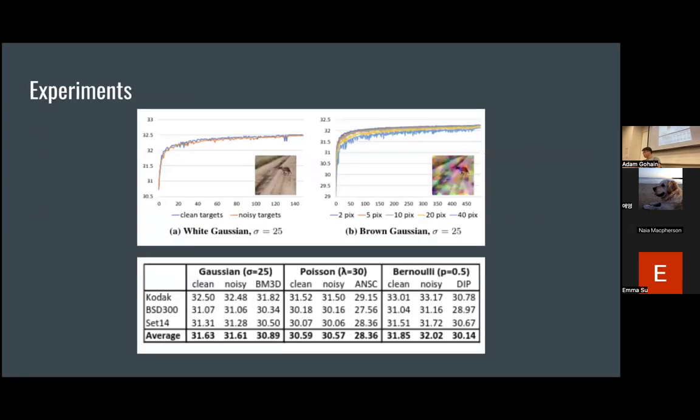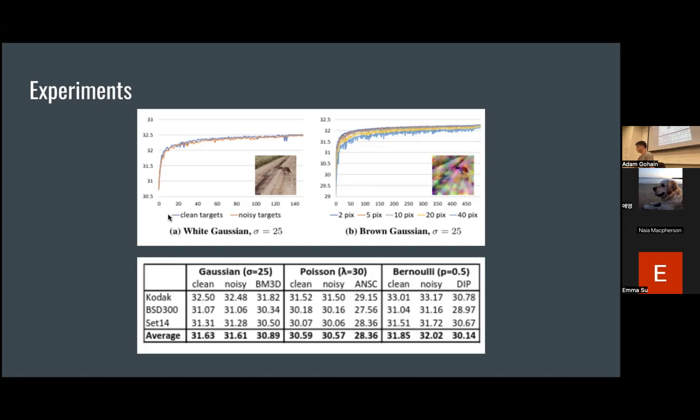So just to go over some of the experiments. Like I said earlier, a lot of the experiments done here are focused around using white or just some sort of Gaussian noise with mean zero and some variance. Looking at this first graph on the top, this is mapping the PSNR of the denoised images against epochs. What we can see here, if we just use white Gaussian, and white Gaussian means that we're adding Gaussian noise with no interpixel variance between them,